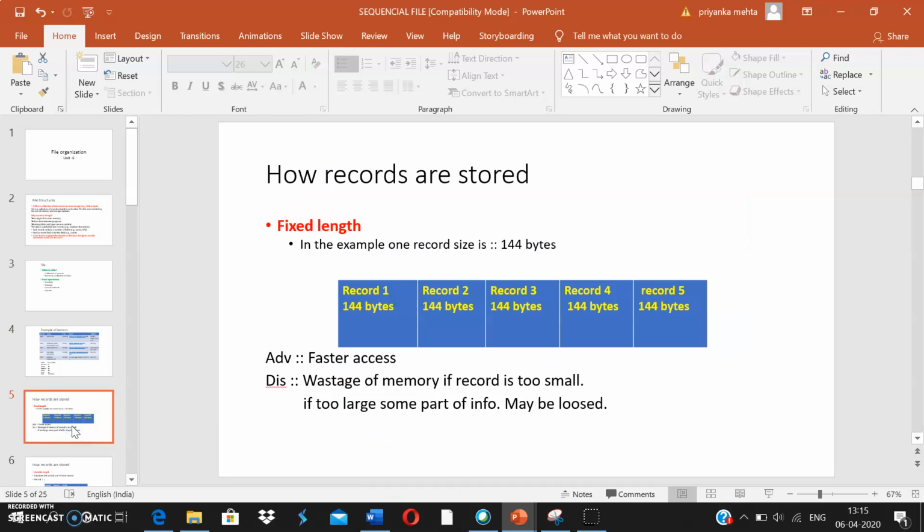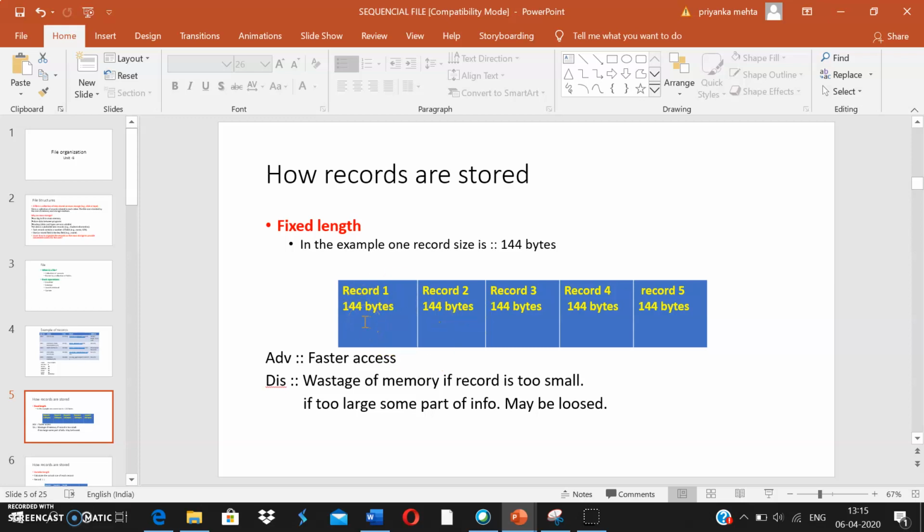Records can be stored as fixed length, or they can be stored as variable length. For example, if we have fixed the size of a single record at 144 bytes, every record will be stored in the same number of bytes, irrespective of how many bytes are actually used. So we have fixed size records.